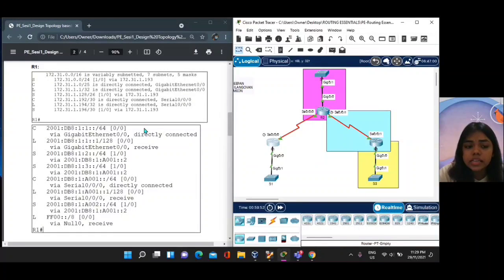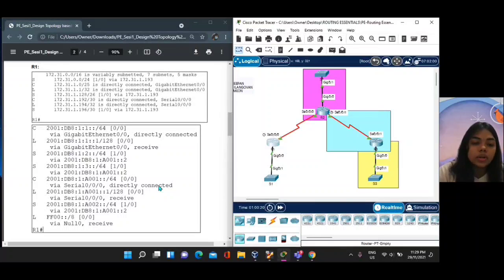Next, we can see the IPv6 routing table. It is very similar to the IPv4 configuration before, but we just have to add the ipv6 wording in front when we configure the IP address for the directly connected G0/0 and S0/0/0 interfaces.